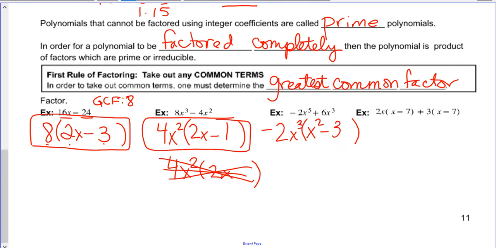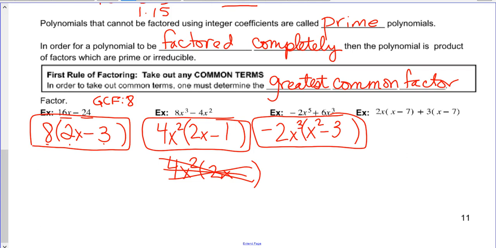All right, so I have 3 x's here. I pulled 3 x's out front, so hopefully when I take this times this, I do get that first term, and this times this does give me my second term, so I have taken out the greatest common factor to both of those. Okay? All right, and our last one here is an exercise in which we don't just have